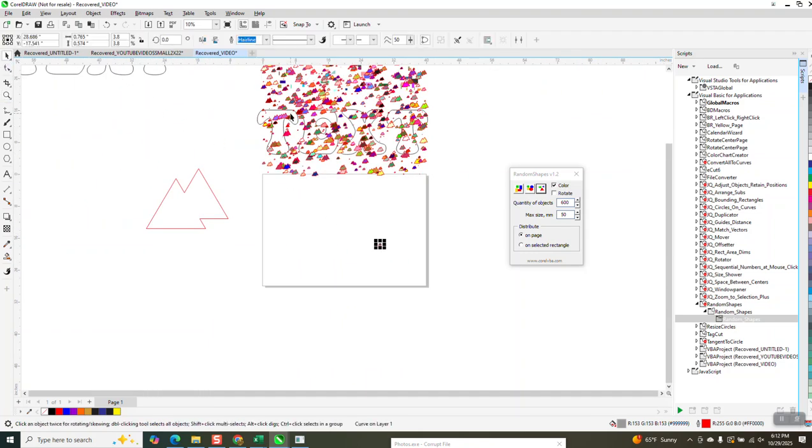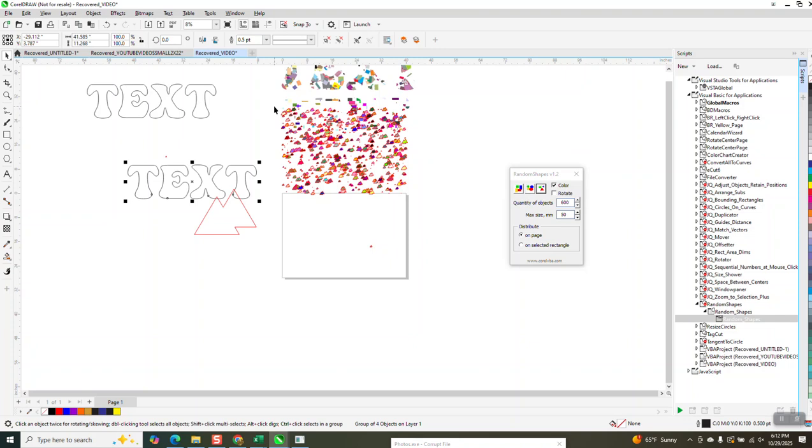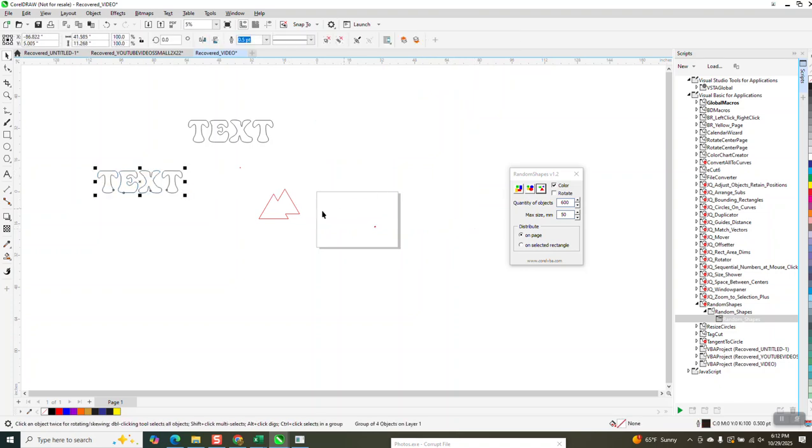I need to move this text out of the way so I can grab it. I'm grabbing parts of the other part. Let me just, you know what? Let me do that over. Let me get rid of all this. So I made a really weird shape,